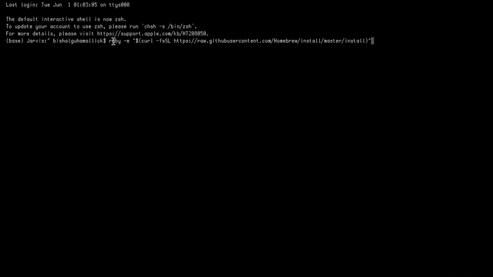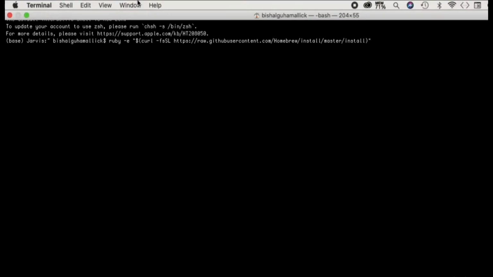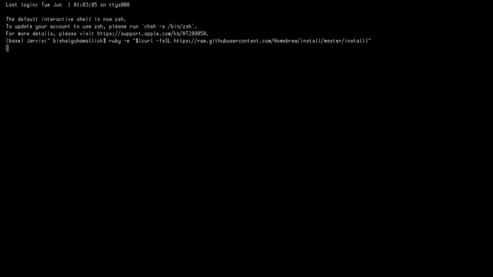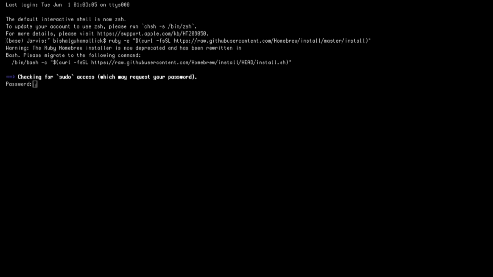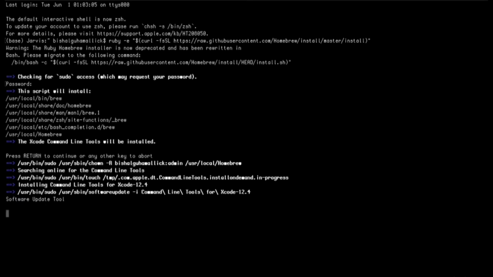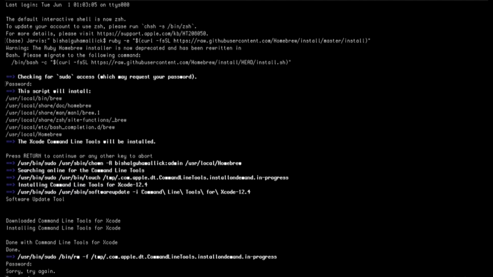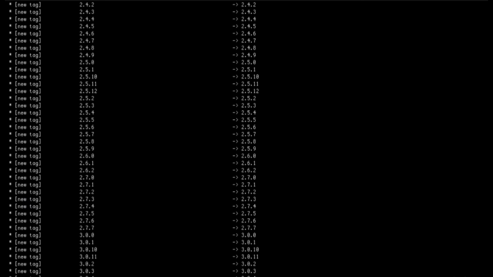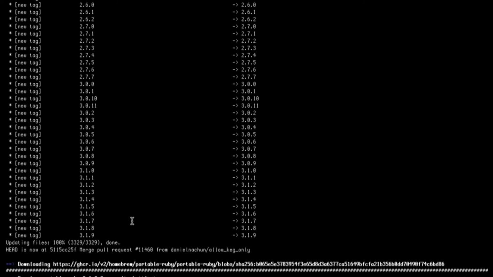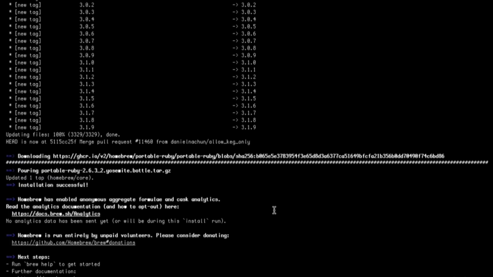First, you need to open the terminal. Now, enter the command as shown to install Homebrew. You can find the command below this video. Also, I would recommend you to copy all the commands as such from below the video instead of typing them on your own. Now, this may ask you for login password to proceed. Enter your login password and press enter. Now, depending on your internet's bandwidth, the installation might take some time. There you go. You have successfully installed Homebrew on your system.